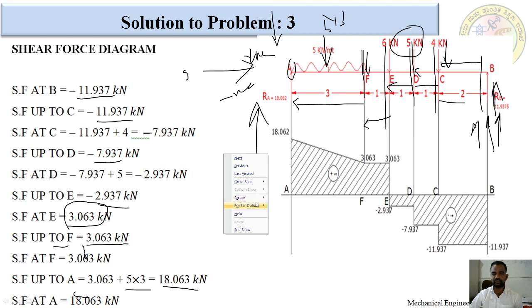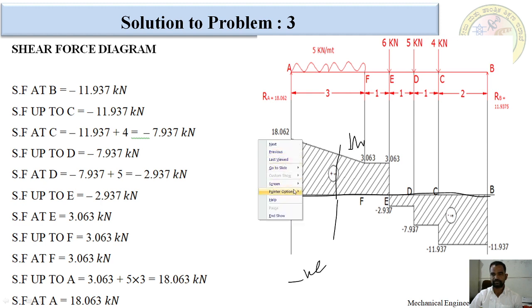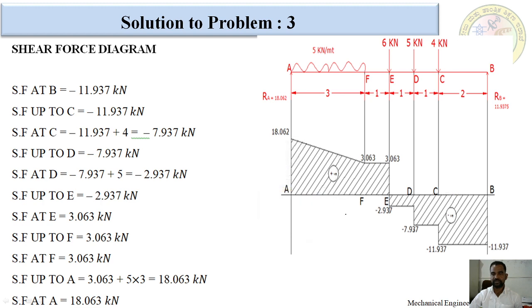After calculating shear force, we have to draw the shear force diagram. How are we supposed to draw? This is the baseline, zero line. Negative value below the baseline, positive value above the baseline. This is positive value, this is negative value. Okay. First, at B point we are having negative value, 11 point. For that reason I am going to mark one point here, and this is the zero line. I am going to draw a vertical line.